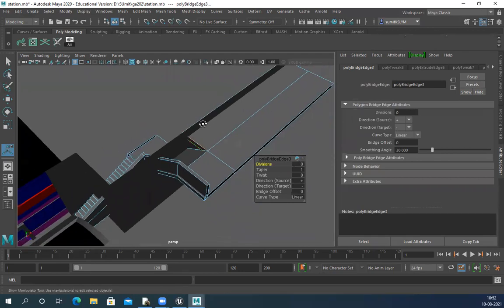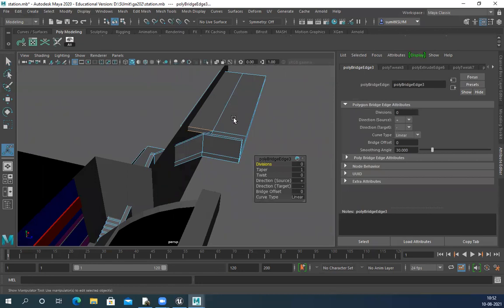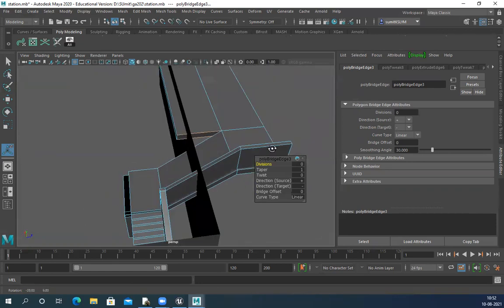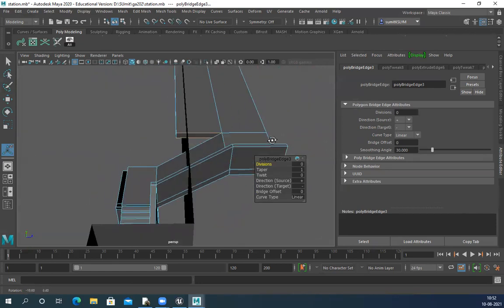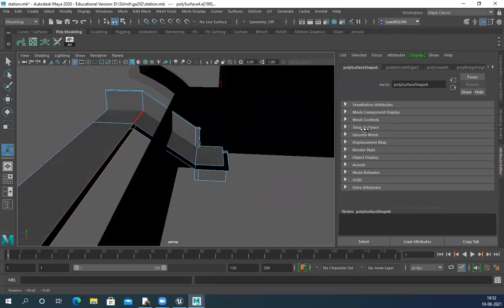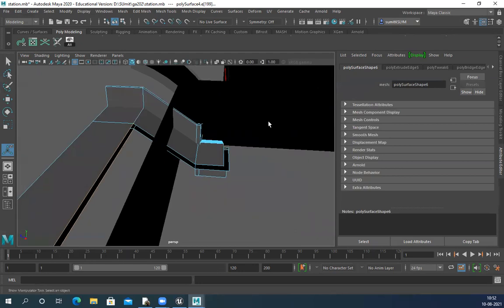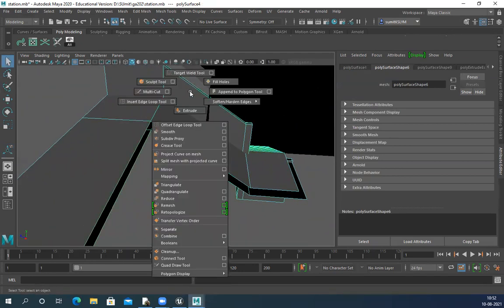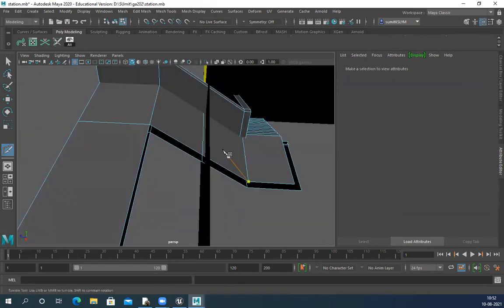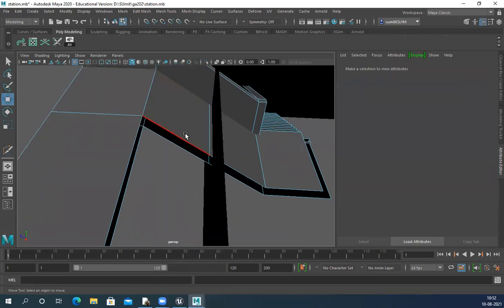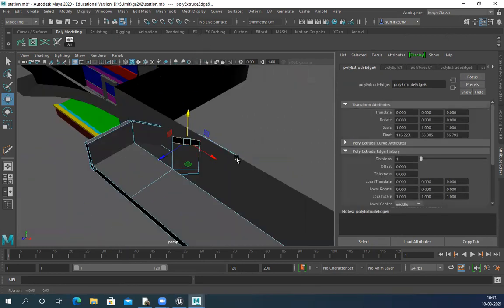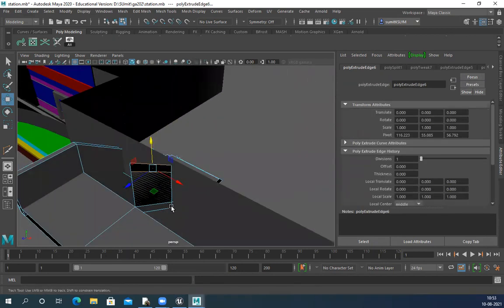Need to fix this, because this floor should be straight, that cannot be bent. Or I do something else. Add a cut here. Side wall only I can create.